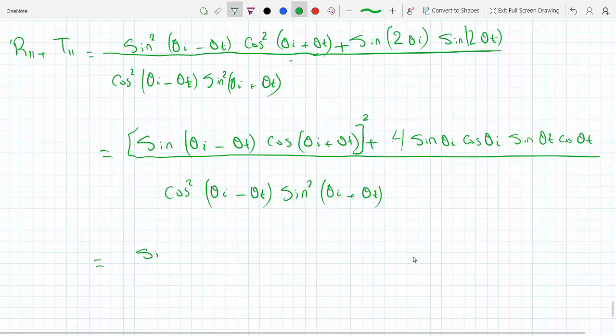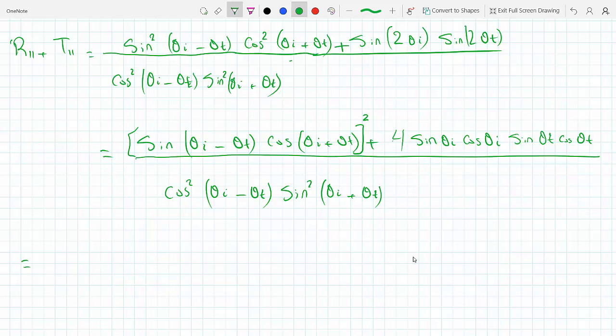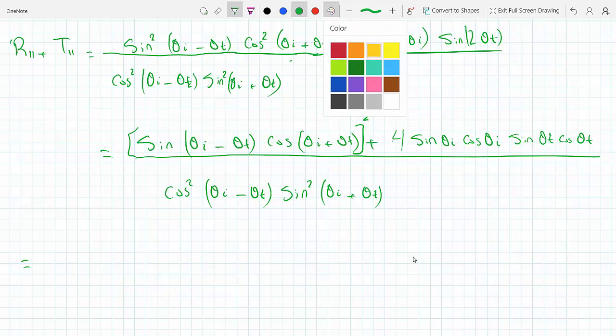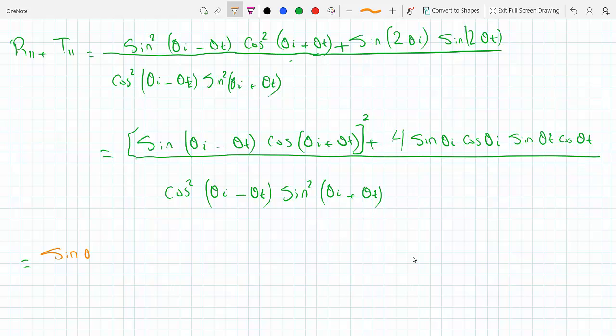So sine theta I, we start at the beginning, I'm gonna need the space, so this is equal to sine theta I, trig identities, cosine theta t minus cosine theta I sine theta t, times the trig identity for the second one, cosine theta I cosine theta t minus sine theta I sine theta t, and this whole thing is squared, and then here we have